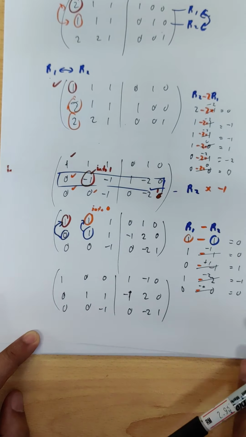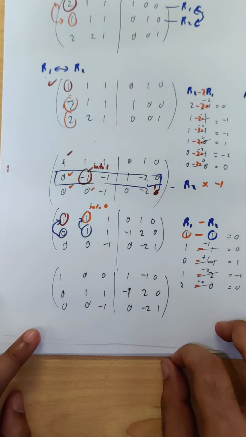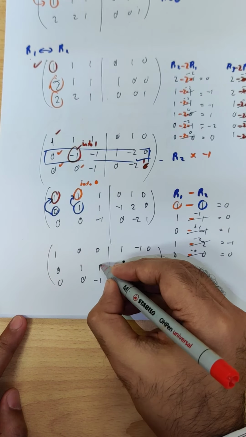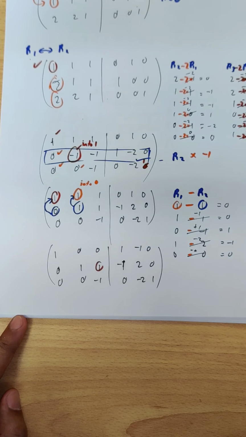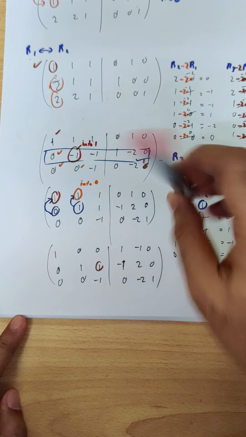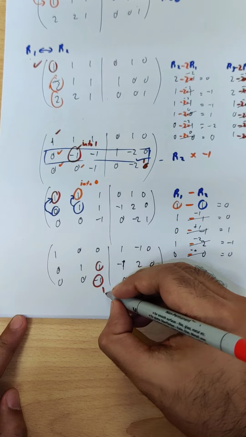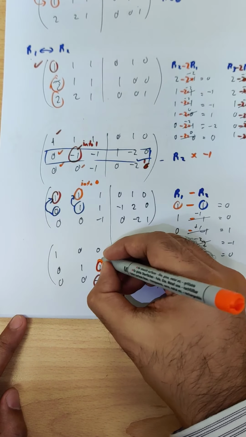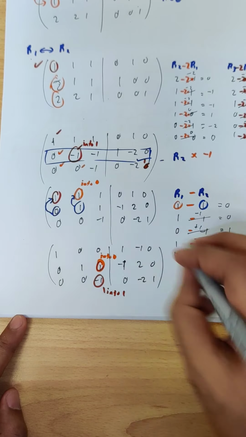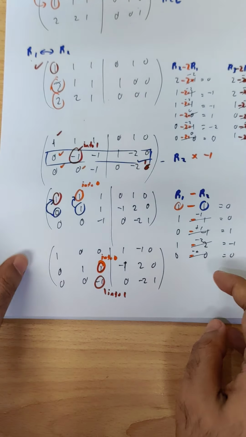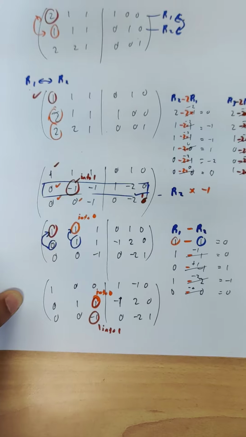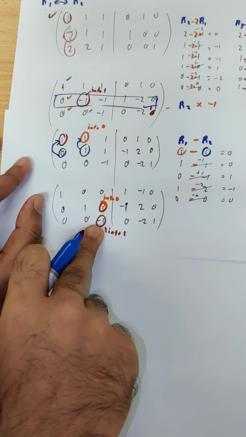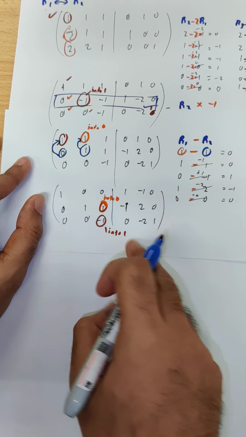Okay, you got it. Are we done? Not entirely yet, because you can still see there's a 1 over here, and you want to make this one into 1, and you would like to make this one into 0. So we repeat the same process all over again. Okay, I'll try to go a bit faster. I'll take the 1 into 1 first.